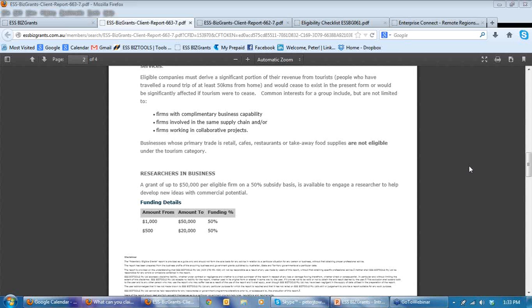And the third way, of course, is if you hear of similar businesses in the area obtaining grants, you might want to go through and do a process on your clients that look similar to